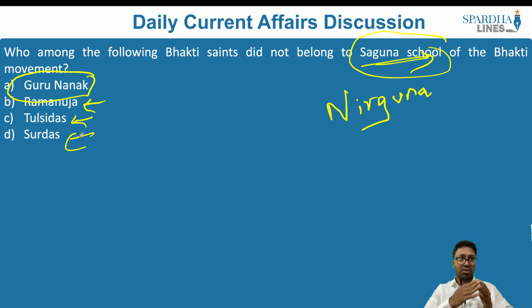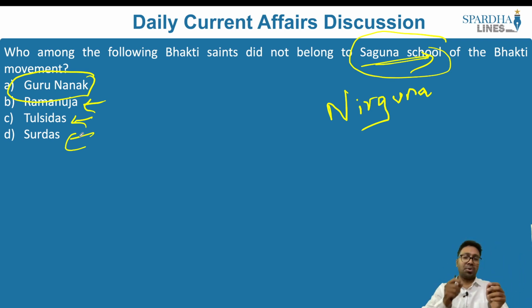According to the Saguna school of thought, in case you have a personal preference towards a god, you are inclined to have deep concentration or a particular thought process towards that god. If I am idolizing a god, I would be able to increase my spiritual knowledge. I would be able to communicate to that idol. I start seeing that idol, I start visualizing that idol, I see powers within that idol, and I also start communicating. This is a way that you feel the idol is reciprocating back to you, and you are reciprocating back to the idol. So there is a form that is attributed in the Saguna school of the Bhakti movement.